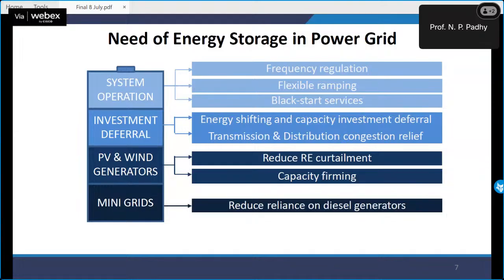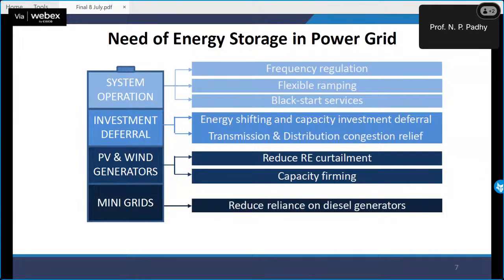When we talk about system operation, a battery can help you carry out system operation advantages, that is, frequency regulation. The moment frequency drops, let's say from 50 to 49.9, I can discharge my battery with a spike so that it can quickly become 50 Hz. Normal power plants and other things cannot do that. So we have some battery integrated systems to make sure that frequency regulation is maintained, number one.